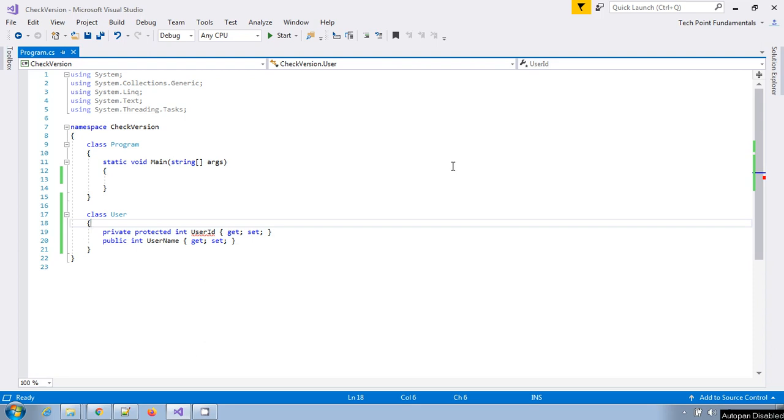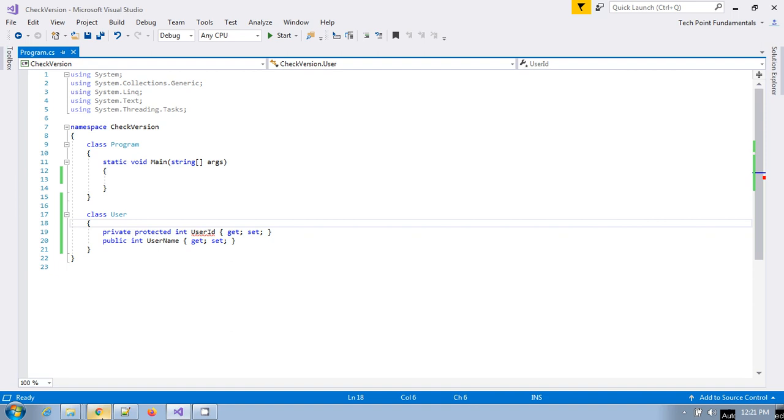In this video, we will learn how to change the C Sharp language version or the .NET Framework version in Visual Studio. Sometimes we have to change the C Sharp version or .NET Framework version so that we can test a particular feature in any particular .NET Framework version or C Sharp language version.